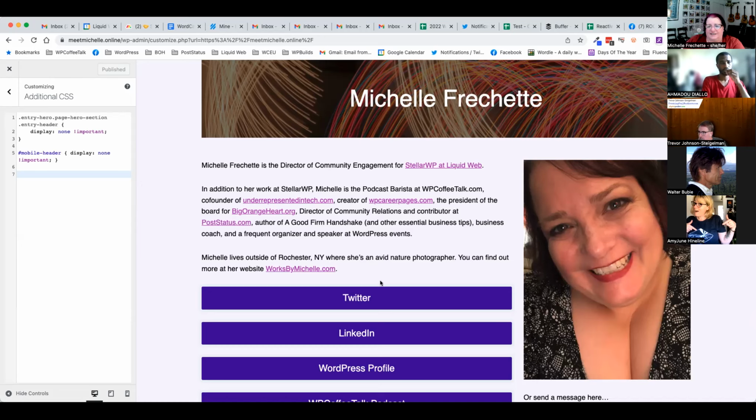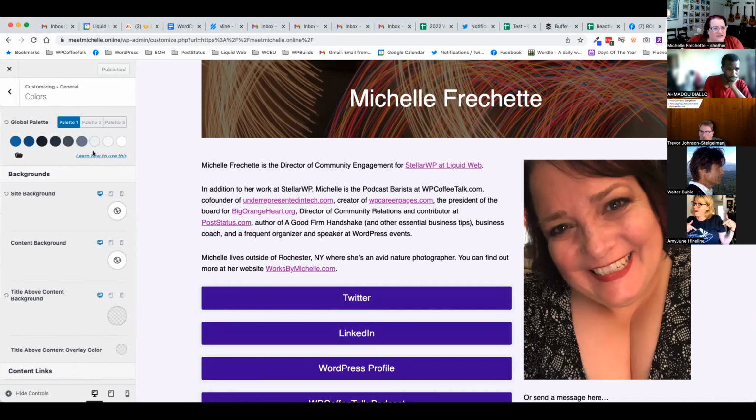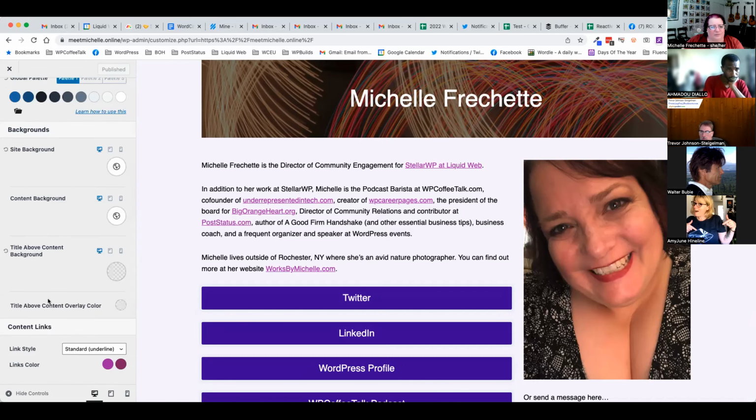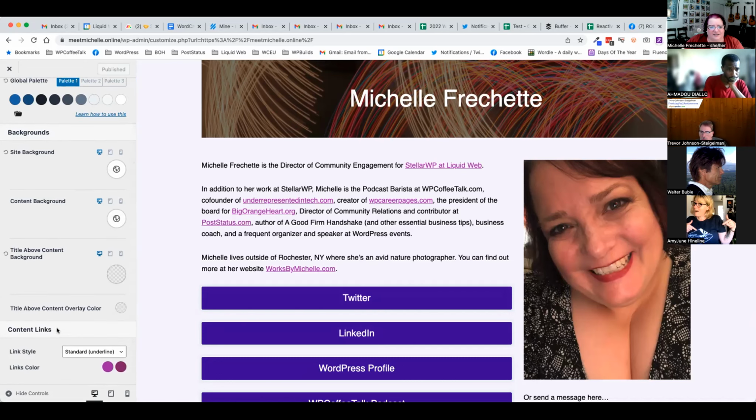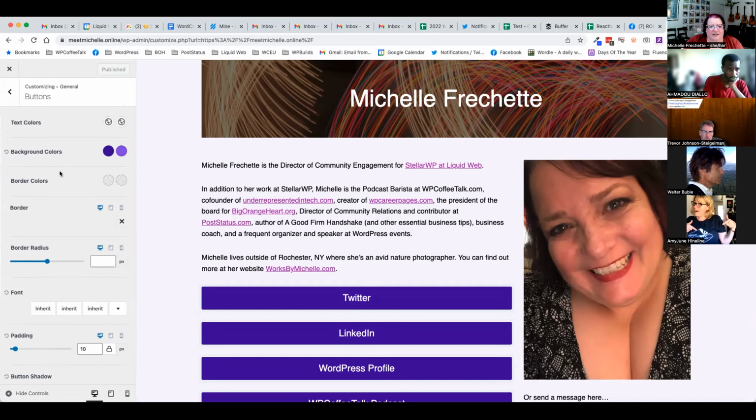If I wanted to, with Cadence, change the button colors, that was super easy to do within the theme itself. All of my fonts and everything. And sometimes you can see that. So over here, this is for Cadence. This isn't for everything, but I can usually come to my colors here. I can find my global palette. You can see here I chose my link colors. All of that was right here within the customizer, like my buttons. You can see my background, my button colors